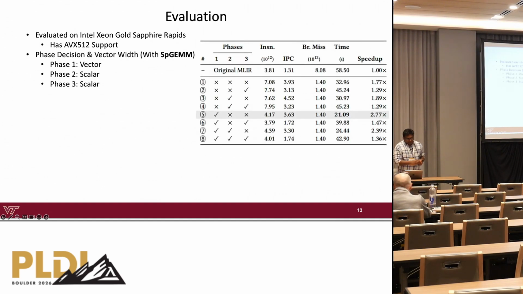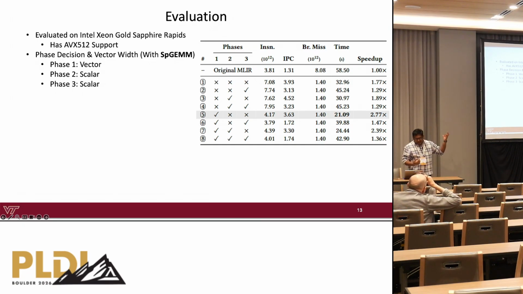And what we have done is, for example, the kernel that I was explaining earlier, SpGEMM, we have three stages: data loading, then performing the computation, and finally pointer advancement. We have tried all different combinations. We can keep everything scalar, or everything vector, or some of them scalar and vector. So we found that the most profitable version was